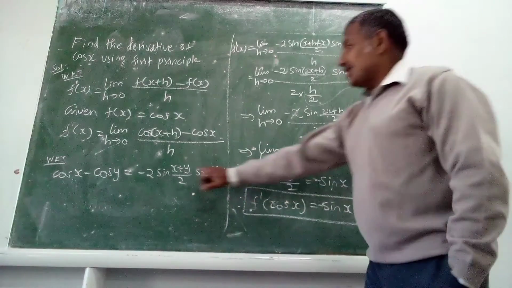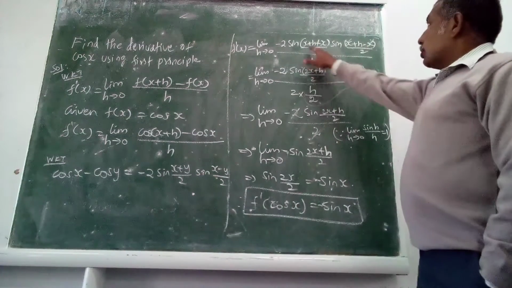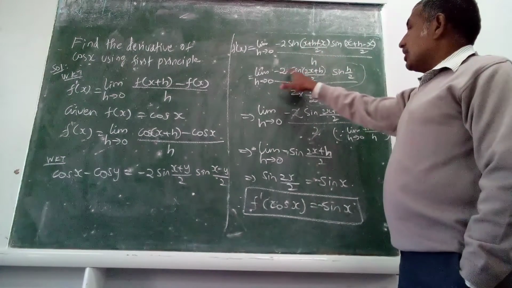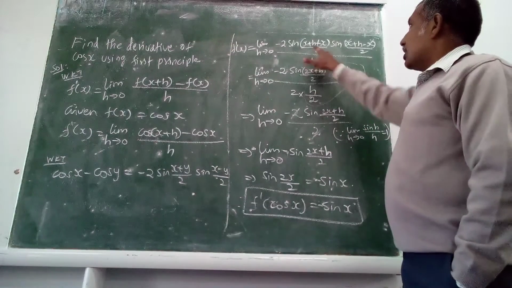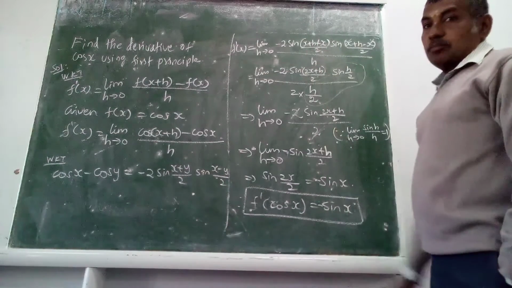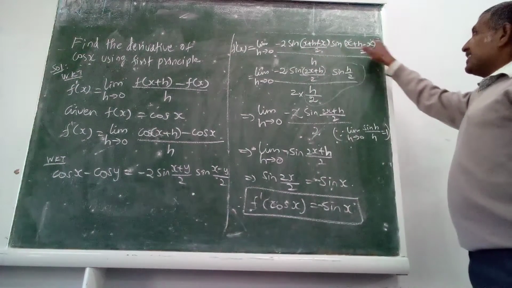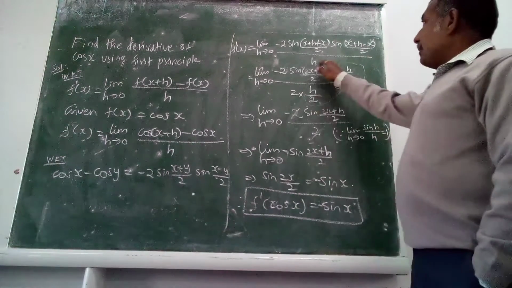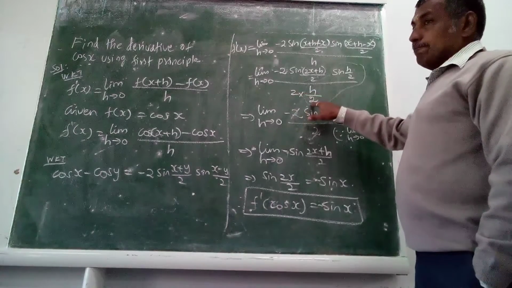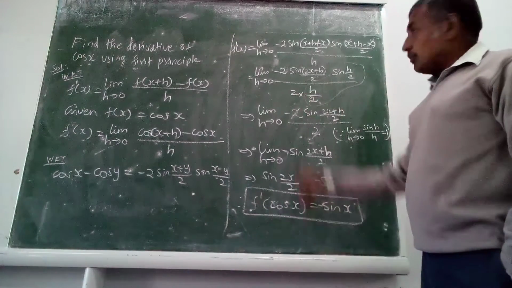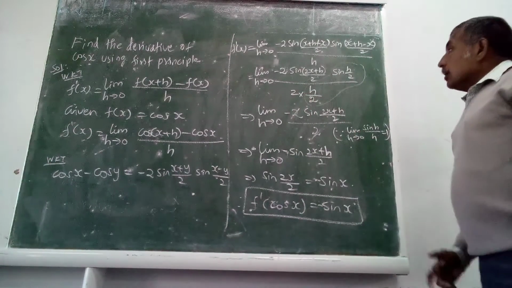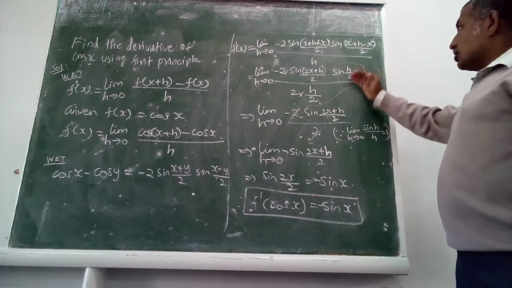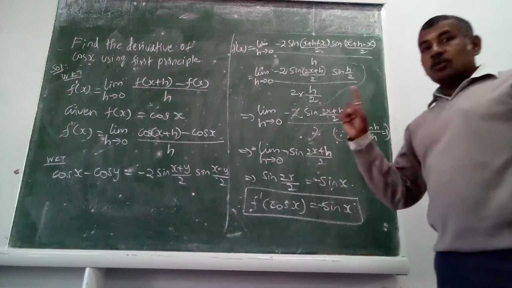Now according to this, minus here, plus here. Sorry. So the first factor is minus 2 sin of (2x plus h) by 2, because x plus x is 2x plus h by 2. But in the second factor, x gets cancelled, just h by 2. In the denominator alone we can multiply and divide by 2, so the denominator becomes h by 2. Here also h by 2. Sin h by 2 by h by 2 is equal to 1.